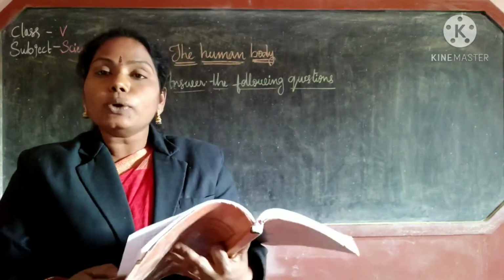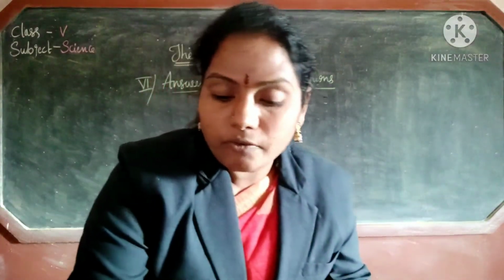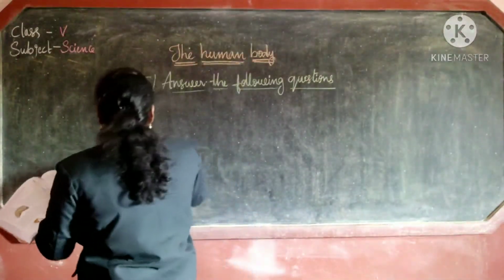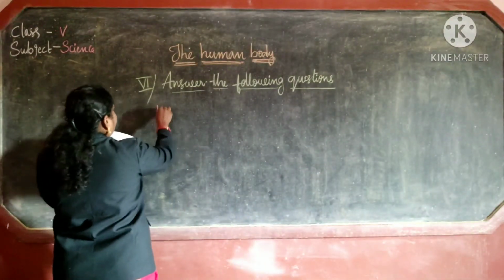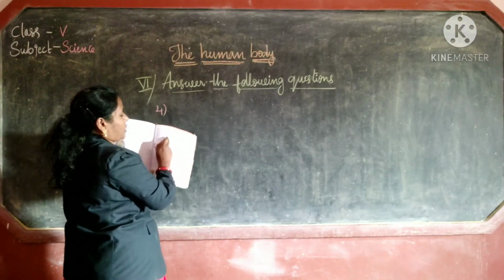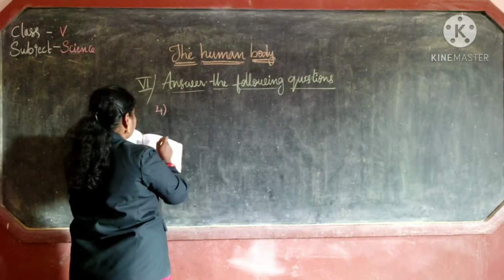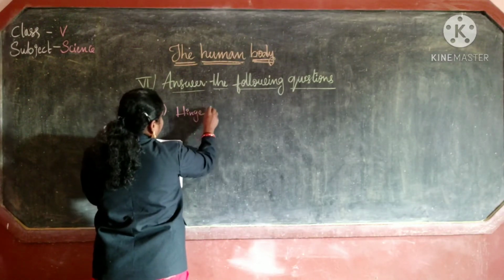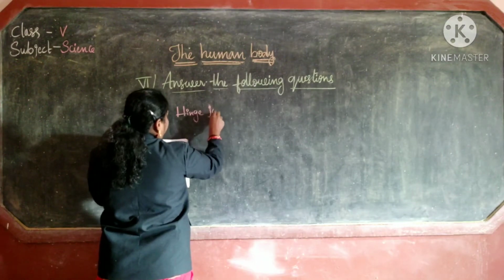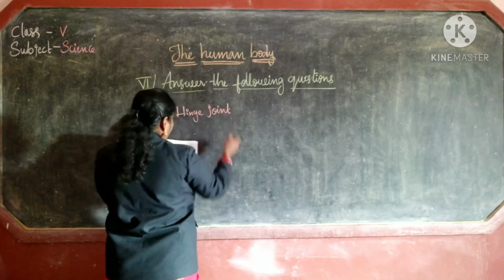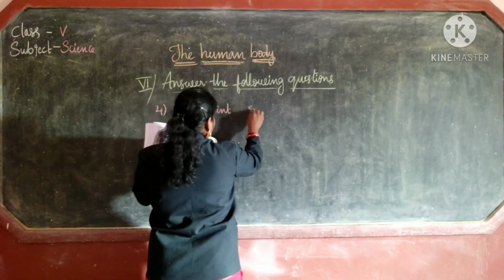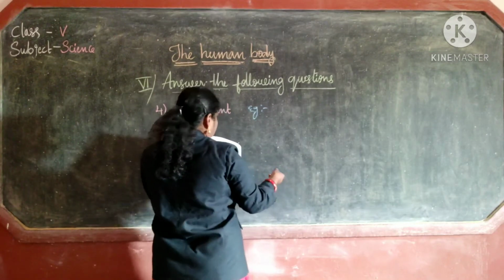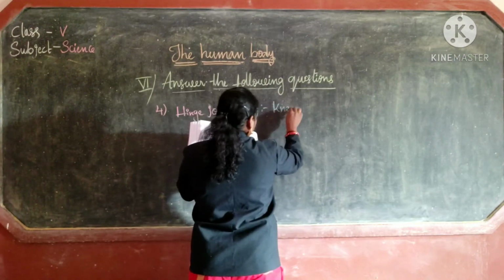After this, you have to write the joints. What are the joints we had learnt? That are hinge joint. Which answer is this one? Fourth answer. You have to write up to here. After writing this, you have to write hinge joint. Example, hinge joint. What are the examples you have to write here? Knees,